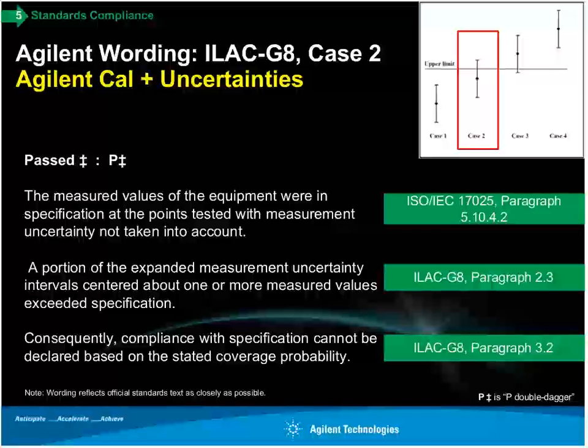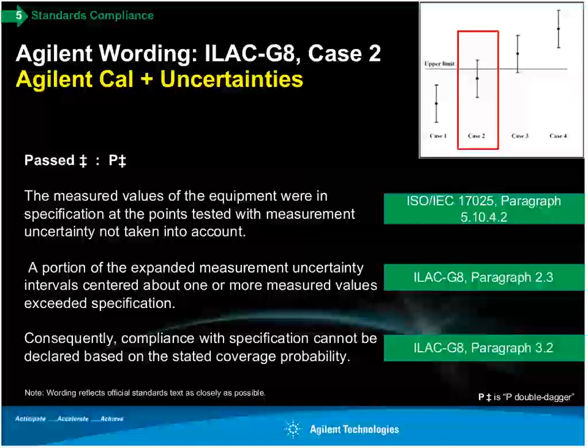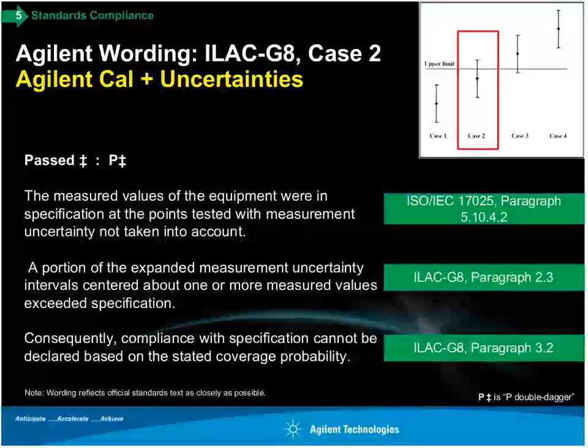Nevertheless, where a piece of equipment's claimed uncertainty or claimed accuracy capability is not much different from that claimed by the laboratory, then you should be rather worried about that, because the chances are that you'll end up with compliance more likely than not, or fail more likely than not. One of the things that's in G8 that's very important is that accredited laboratories must inform their customer of the pass-fail conditions. And on the next slide,